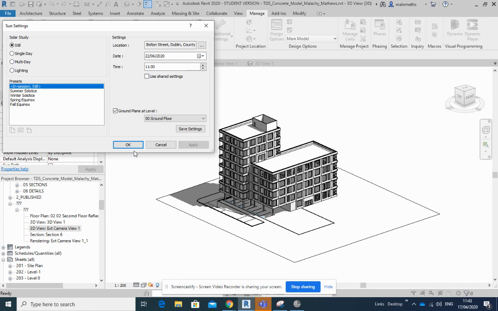Okay, and let's see how these kind of work out for us here. Now you can see that the sun is in the front of the building, it's shining into the building, and the shadows are going at the back. So again,